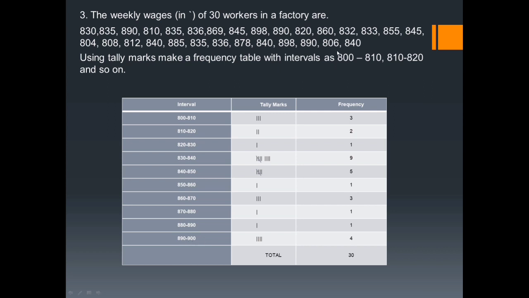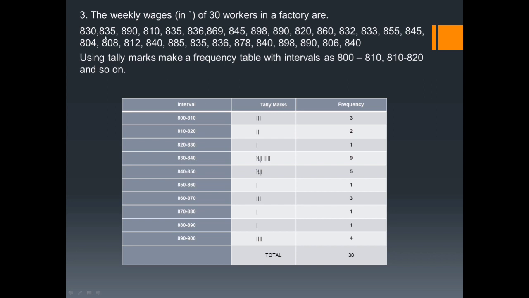Okay, because there are no people who are getting more than 900 among the workers. So 830, the first one is 830. Where shall we put 830? We can put it here. Okay, 830,